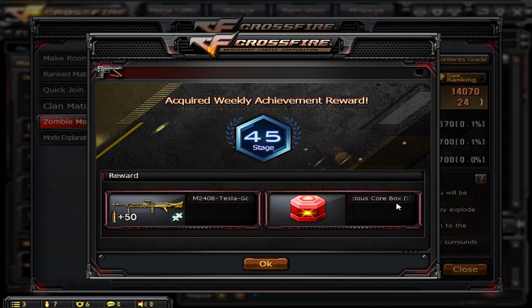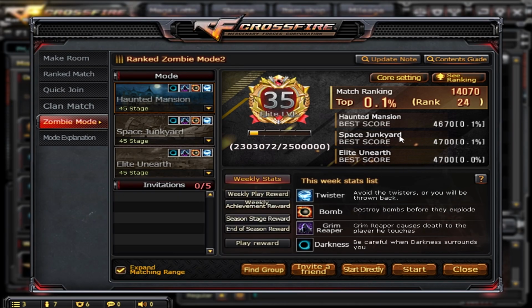And then I get 2 precious core box, and I'm also in the top 100 now because I got helped by some friends. So I'm gonna go open them up, and then we can go back to core settings. So be right back. Okay, so now we can finally start